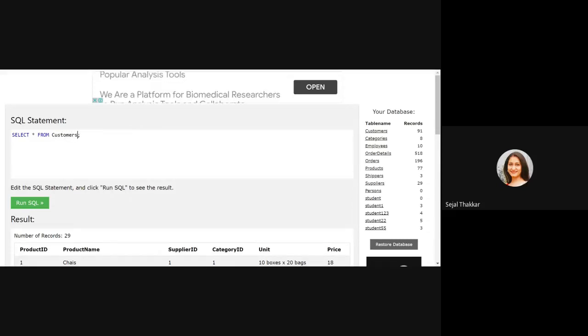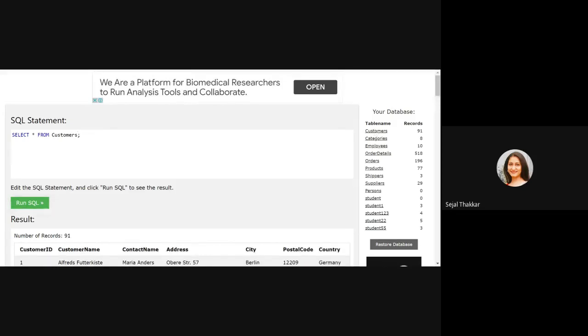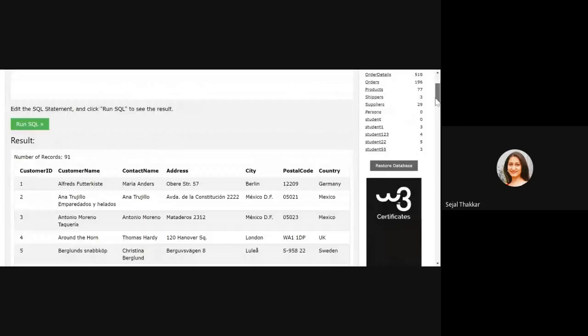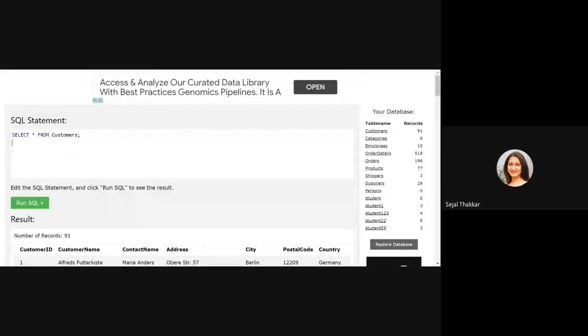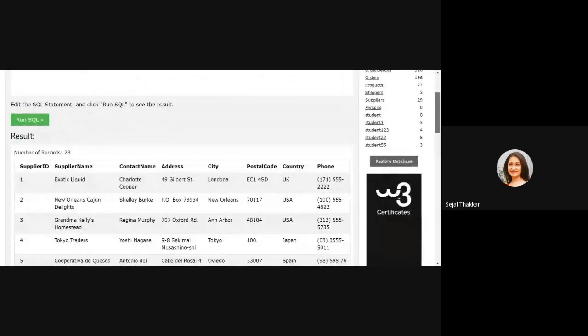Let's start from customers. And the second table I want to use is suppliers. In the customer table, there are customer ID, name, contact number, address, city, postal code, and country. And in suppliers, supplier ID, supplier name, contact number, address, city, postal code, country, and phone number.